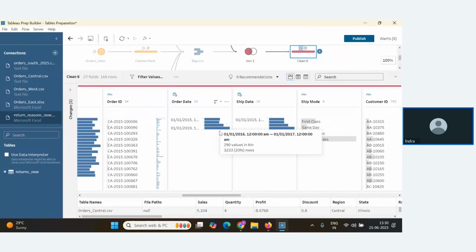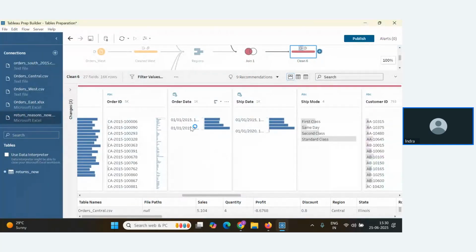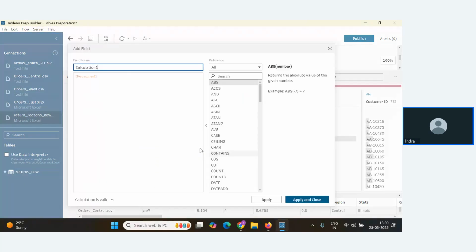I want the difference between these two dates, order date and ship date. So for that, again, I will go to the calculation field. Let me give the field name here as days to ship.